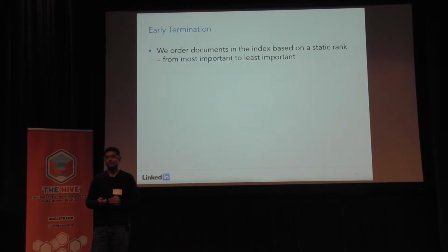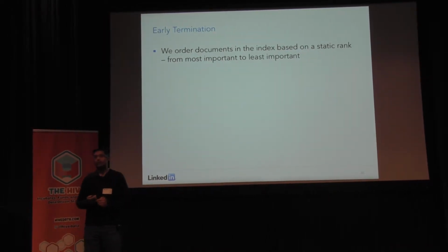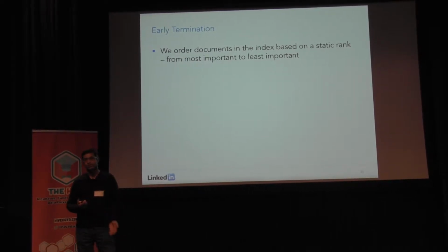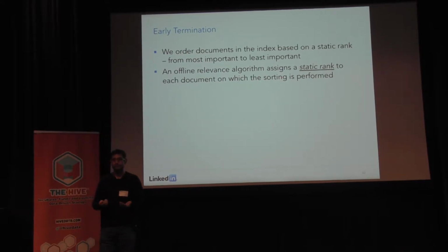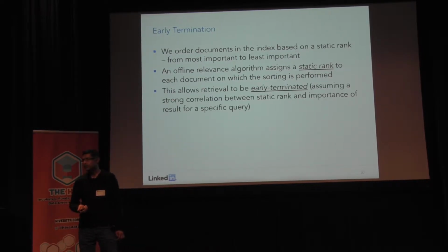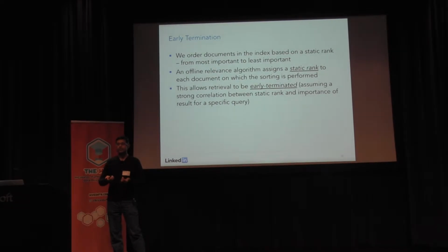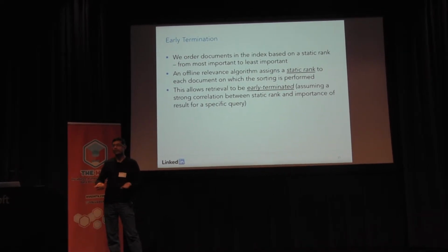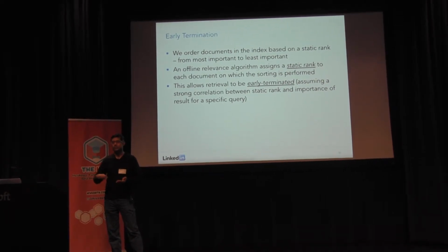Early termination is one very interesting feature of the new stack. What we do is we order documents in the index based on a static rank, from most important to least important. We define that by running some offline algorithm to assign a score to each of these documents. The benefit of doing this is that when you do the retrieval step, you can arbitrarily stop retrieving after a certain point. So suppose you have been asked for 10 documents, the top 10 scoring documents, and your retrieval query